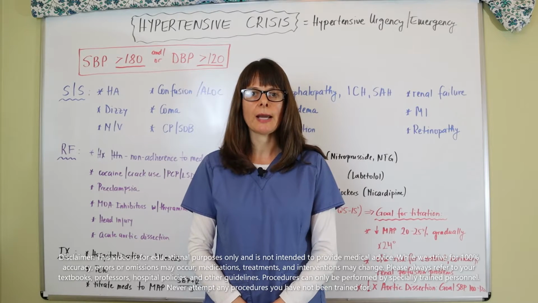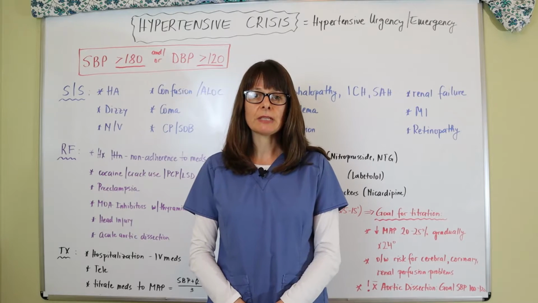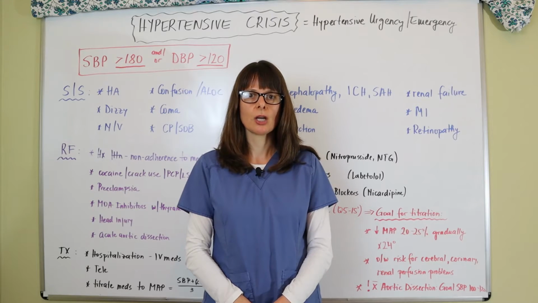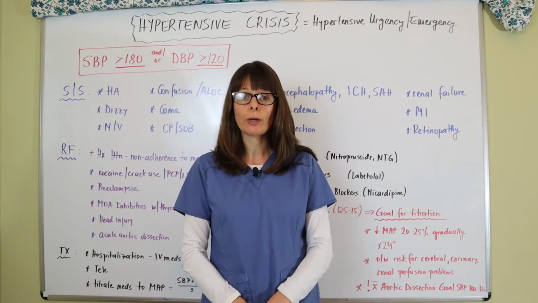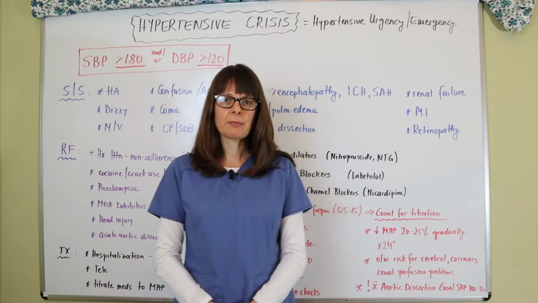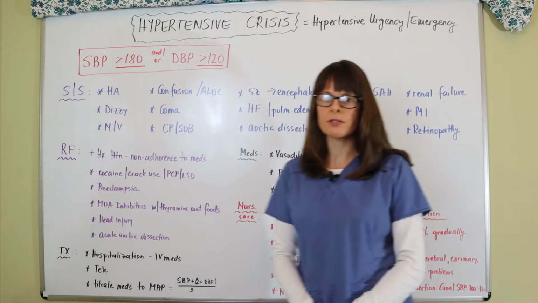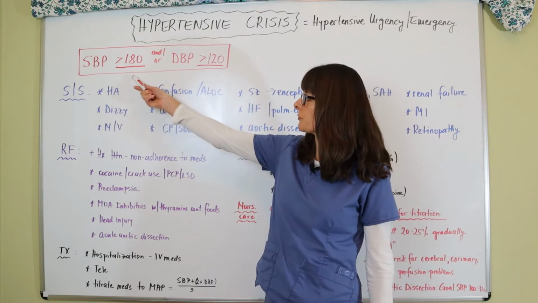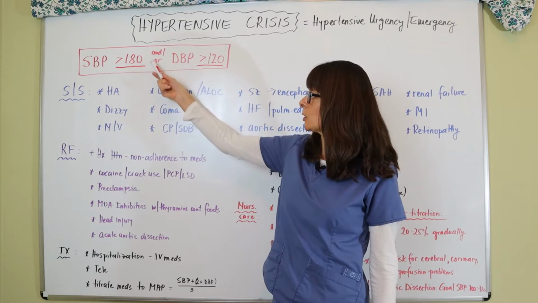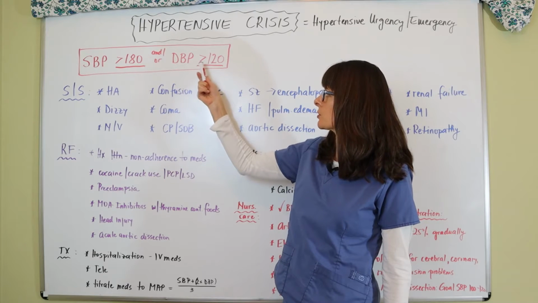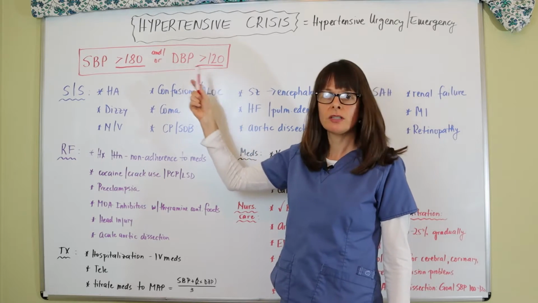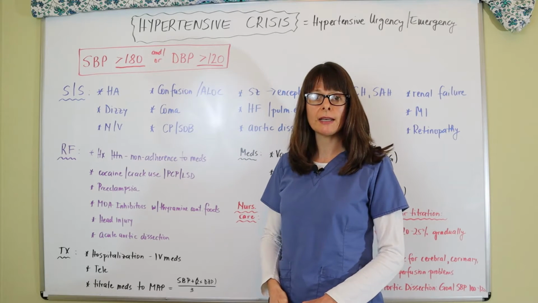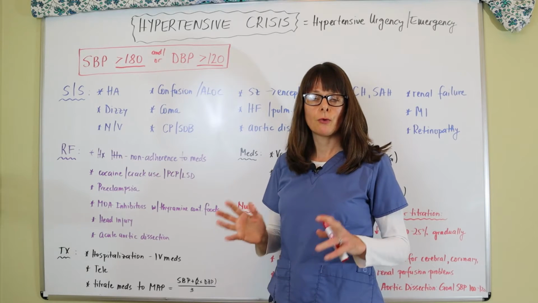In this video on hypertensive crisis, that is sometimes also known as a hypertensive urgency or emergency. So clearly we really have to act quickly when this happens. And a hypertensive crisis, urgency, or emergency is defined as a systolic blood pressure of greater than 180 and/or a diastolic blood pressure of greater than 120. So these are significantly higher than the blood pressure readings from the current guidelines of a blood pressure of less